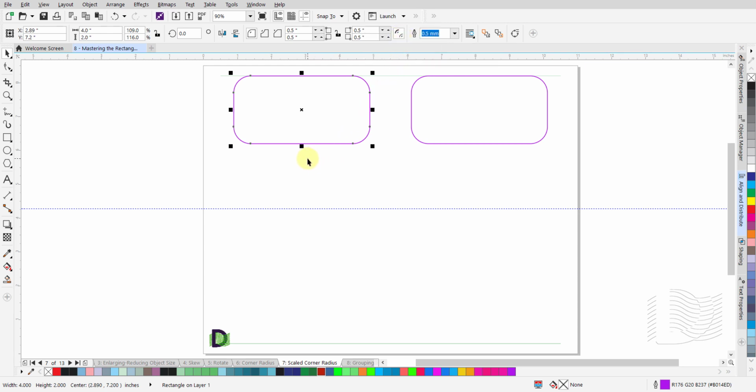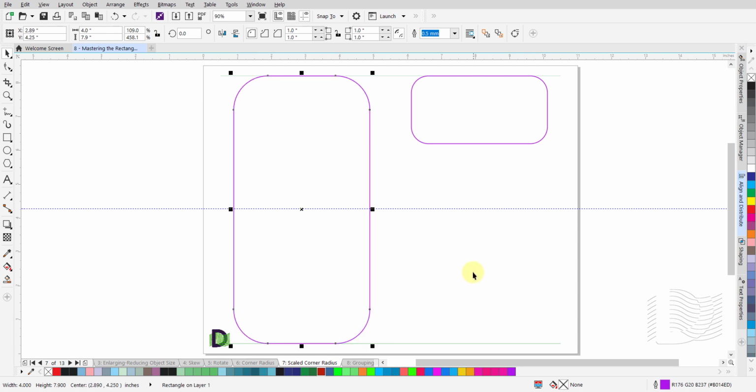With the Pick tool selected, left-click and hold on the black square that is in the center of the bottom outline of this object. Drag it all the way down to the bottom of the canvas. Note that the corner radius on all 4 corners increases as the size of the object increases. Release the mouse button when done. Note the new corner radius. My values show that the corner radius has doubled from 0.5 inches to 1 inch. Your corner radius readings might vary depending on the size of your object.